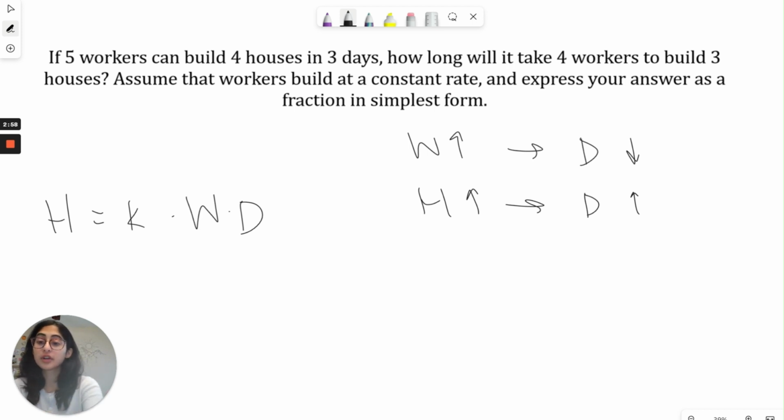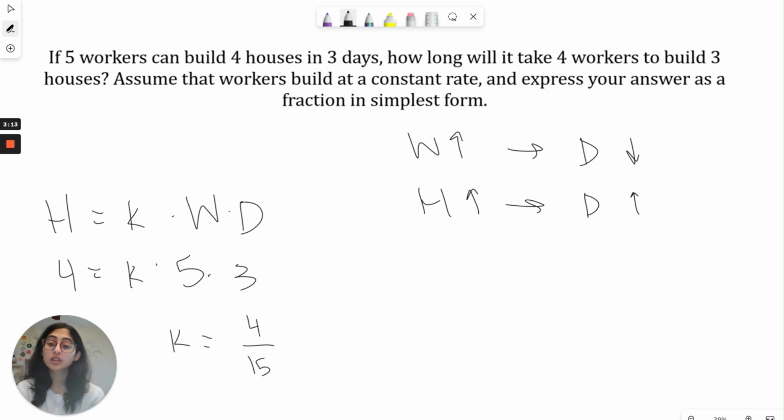From that first equation, 5 workers can build 4 houses in 3 days. You can say H is 4 houses equals K times our number of workers, which is 5, times 3 days. So that tells us K equals 4/15. We know that each worker can build 4/15 of a house per day, right? It's H over W times D. So now we can use the same equation, the same relationship, for our second